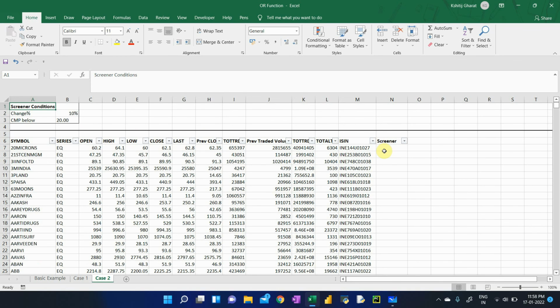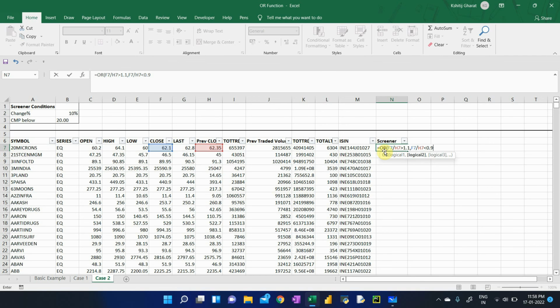So in this case, we'll create a screener on these conditions and we'll start defining OR. Either my close price, that is my column F, divided by my previous close price, this will give me the delta. This should be more than 1.1. Why 1.1? Because we are targeting scripts which are increasing by 10% over the previous week. And in the second logical test, I'll define that my column F, that is close, divided by my previous close, should be less than 0.9.